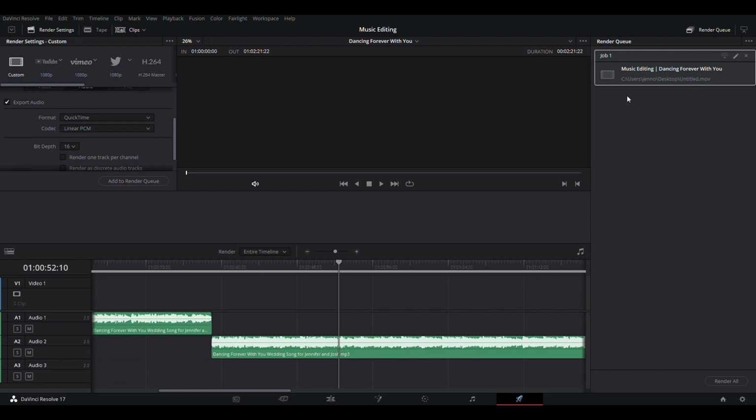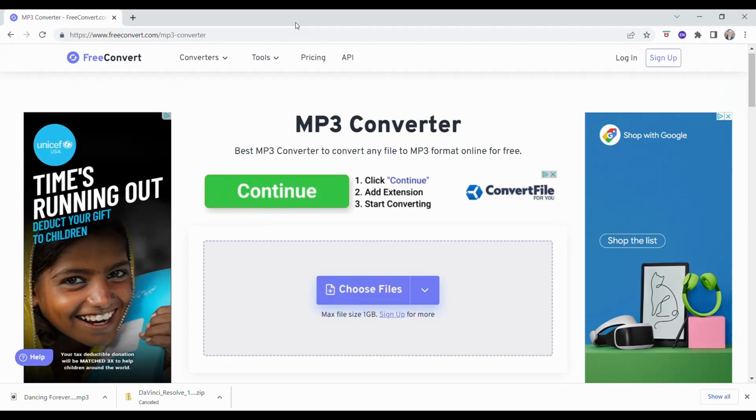Something to know is that when you start to render something, it will not let you go back and edit. So right now it's rendering, and it won't let me change tabs. It won't let me go to another project. So only render when you're done with everything. Okay, so I use